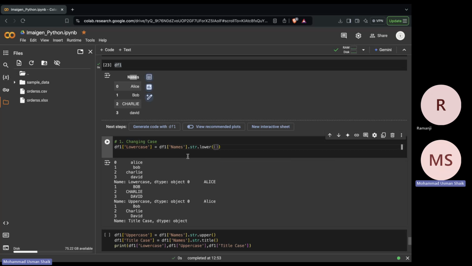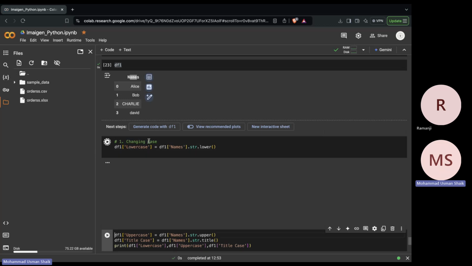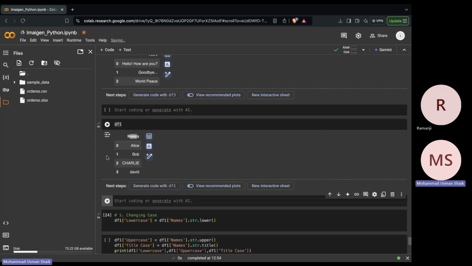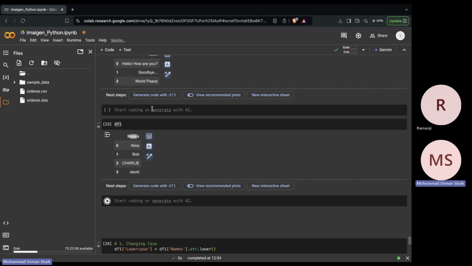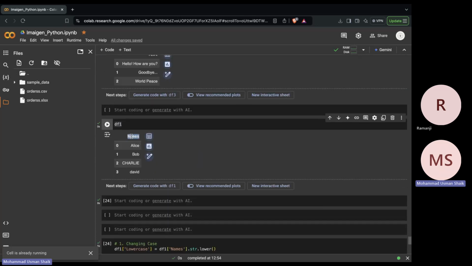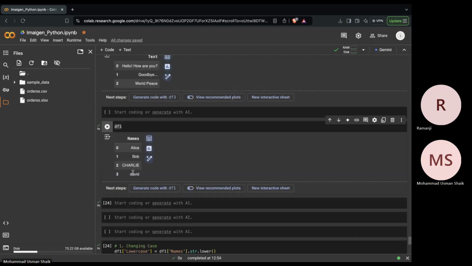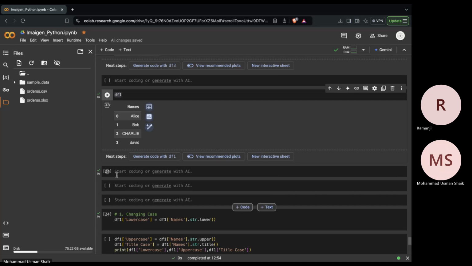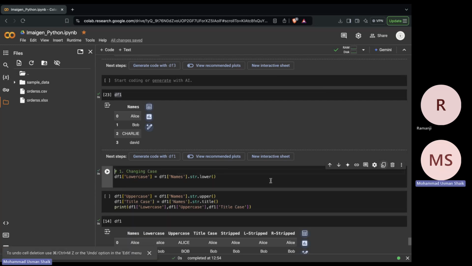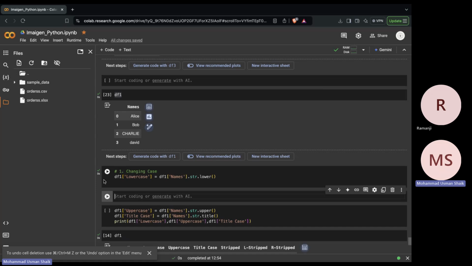Now if we do this, what will happen? Each and everything will be converted into lowercase. All the rows inside the names column, all the elements, will be converted into lowercase. Now we can check df1. To run this cell,